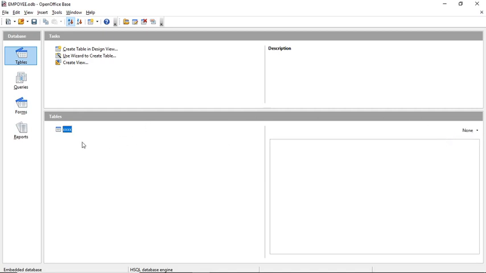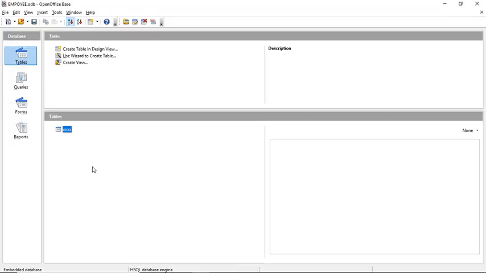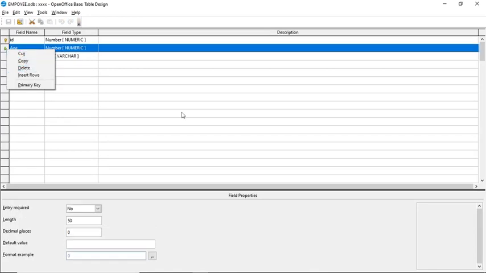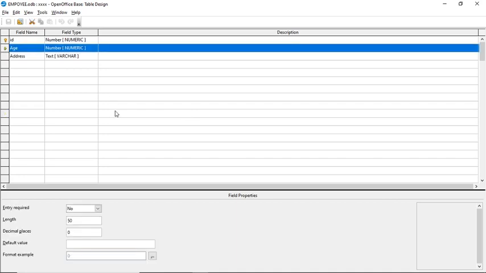Once again, I'm telling the procedure to delete any column or field from the table. Just right click on the table. See here, whenever you right click, one option is there called edit, right? So we have to click on this edit. Whenever you click here, the table in design view will automatically come. At that time, if you want to delete age, again right click here and click on delete. This is the procedure to delete a column from the table.